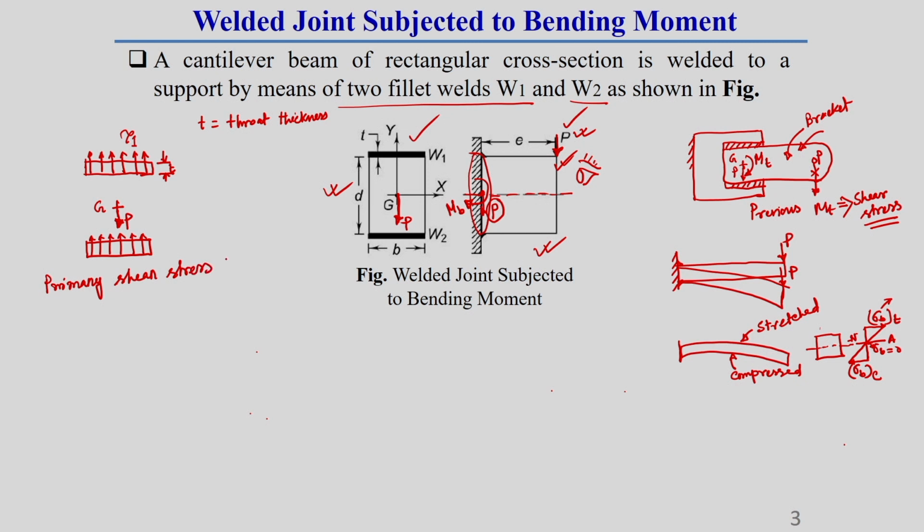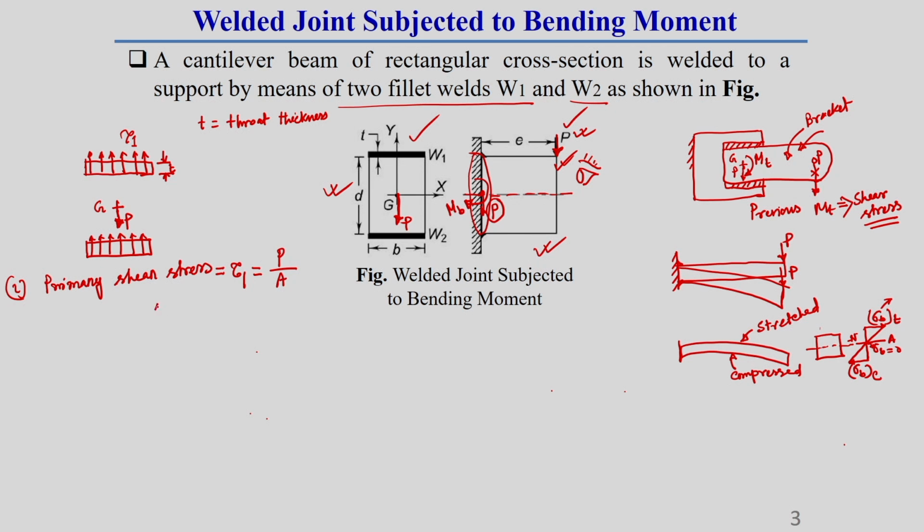This is called primary shear stress. So, first step here I am representing to find out the primary shear stress. Primary shear stress is tau 1, which is equal to your load P. Due to this replacement of eccentric load P to its G, whatever direct force generates the stress, that is called primary shear stress. So, this primary shear stress is tau 1 equal to P by A.